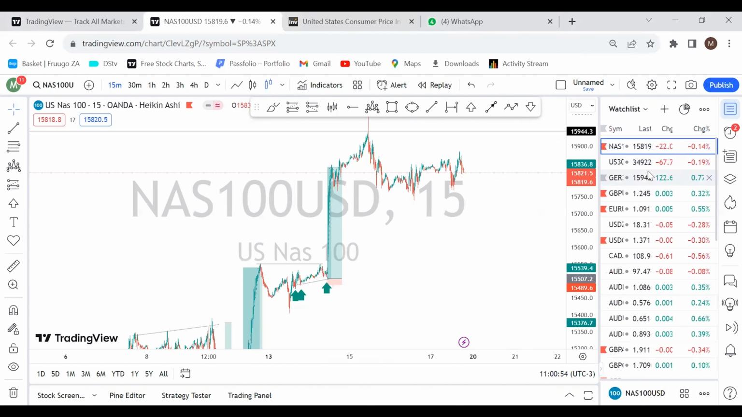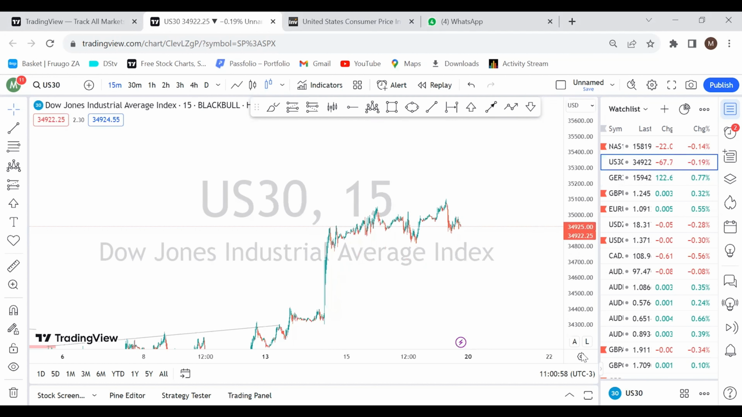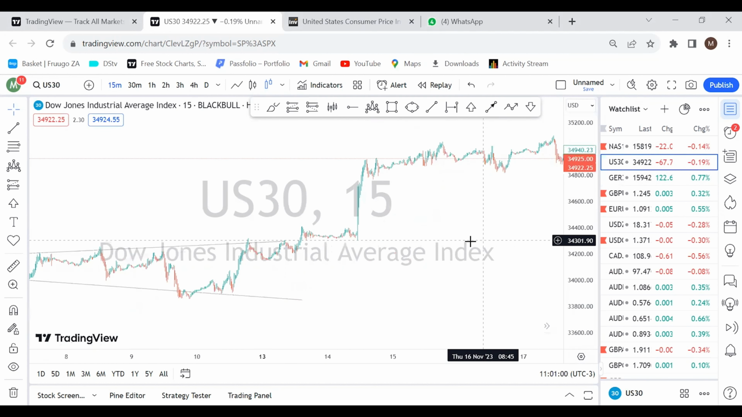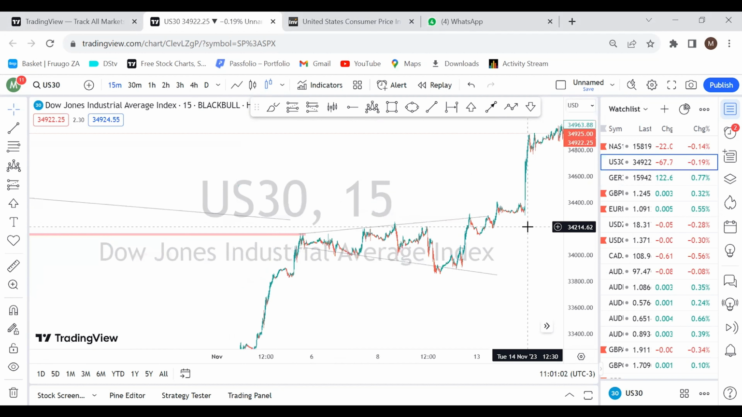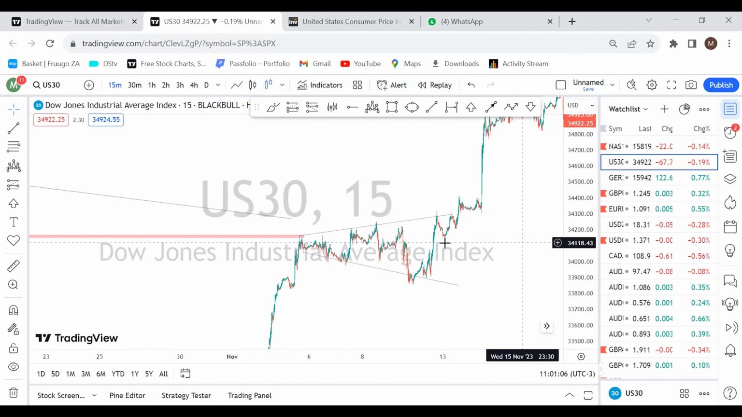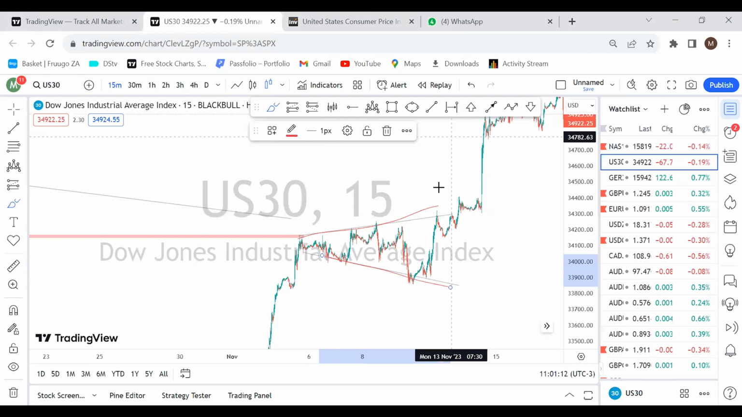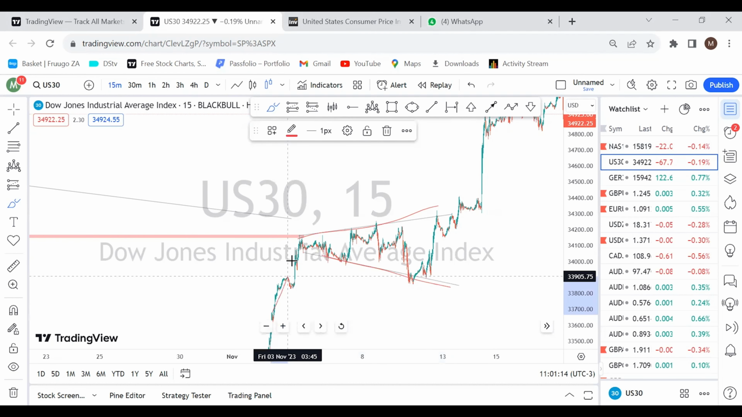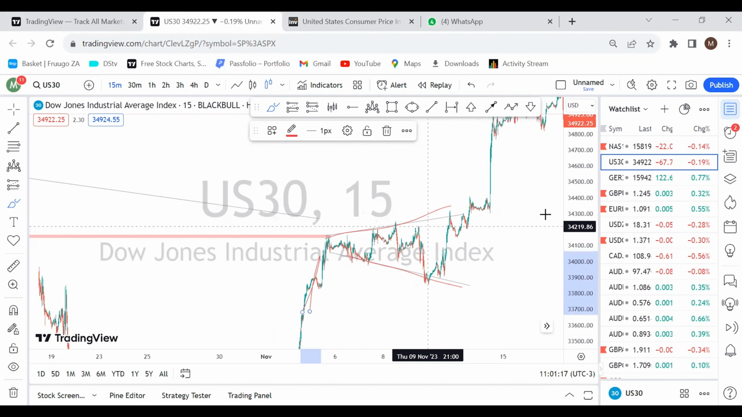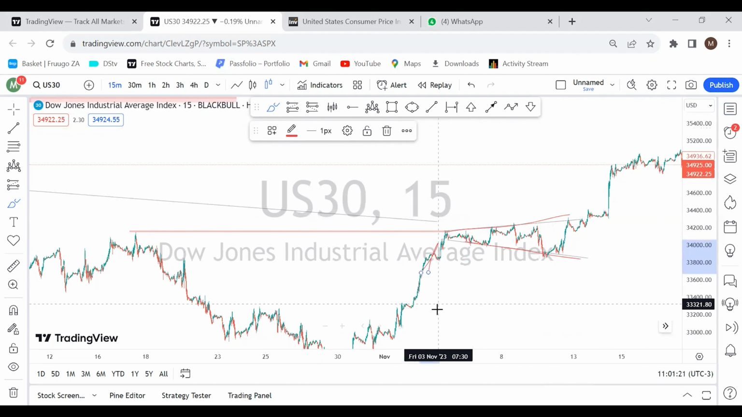So same thing with US30. You can see it's very similar to what NAS100 did. You had this nice correction right there, right after this huge impulse from the downside. So you can see if I zoom out,